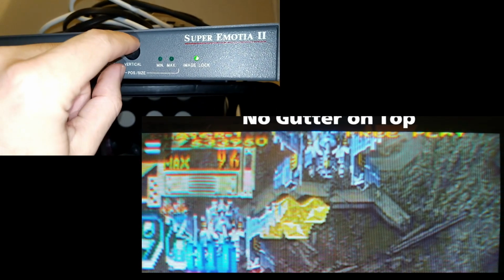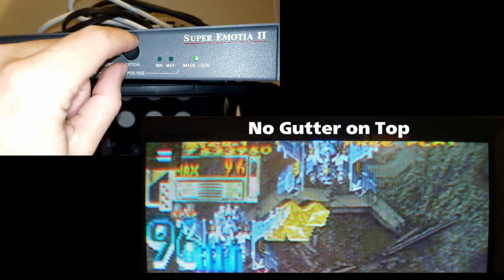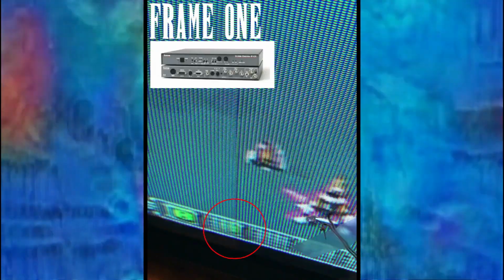And if you had the other downscalers, I'm not sure if you're able to make that happen. Another really cool thing about the Extron Emotia is the input lag on this bad boy. So I've tested this many times, and I have not been able to perceive any input lag with my testing